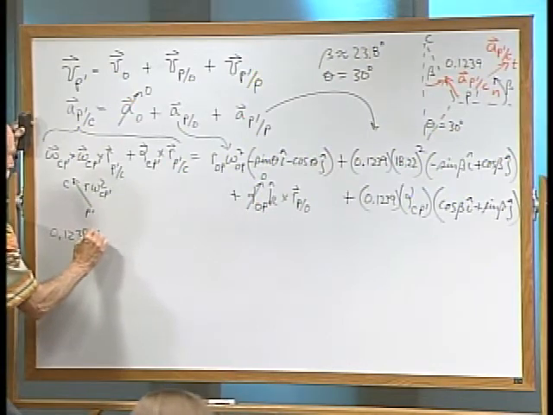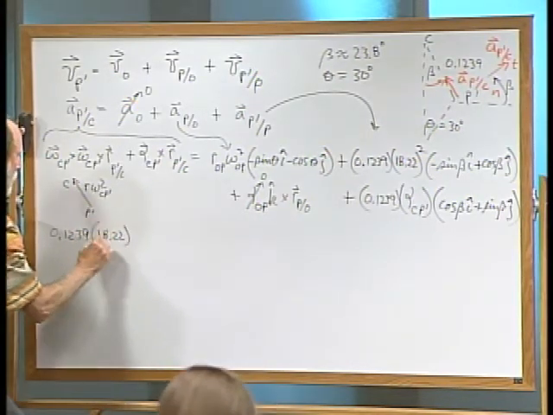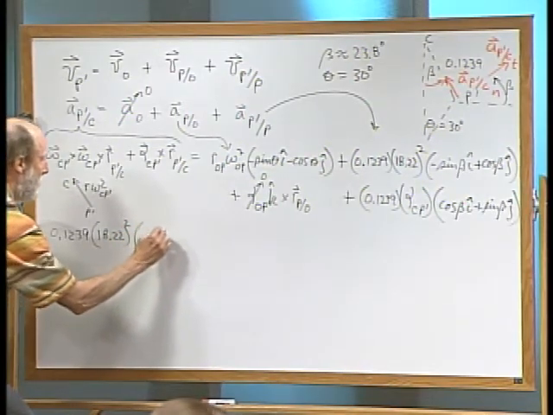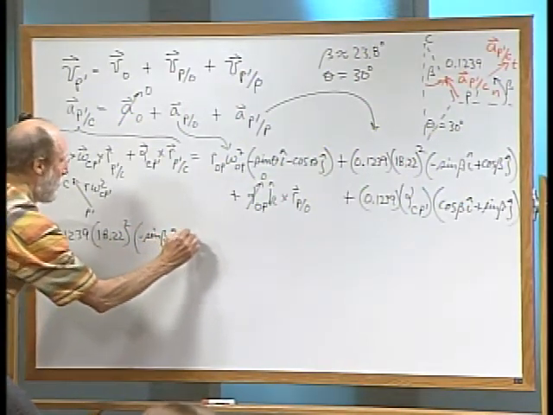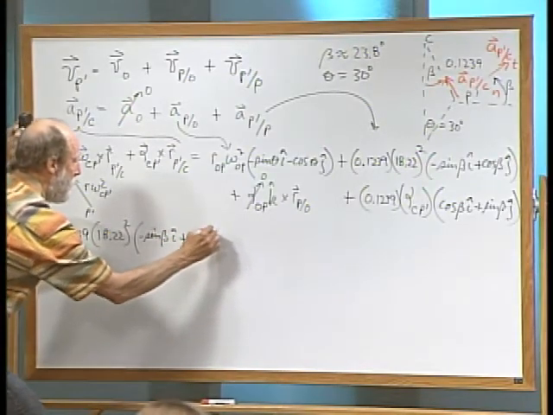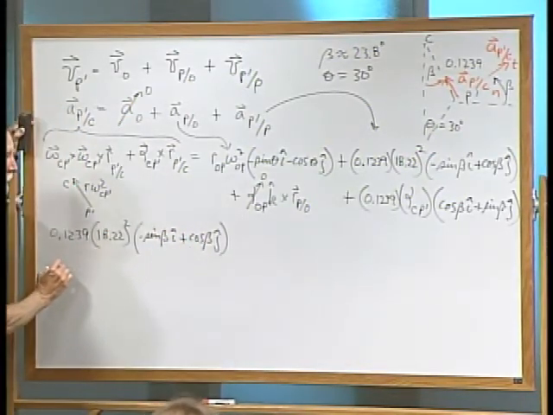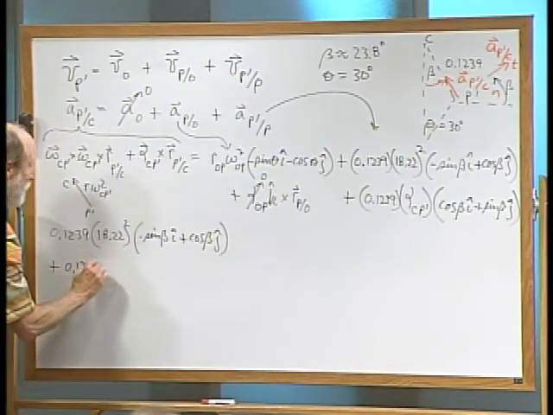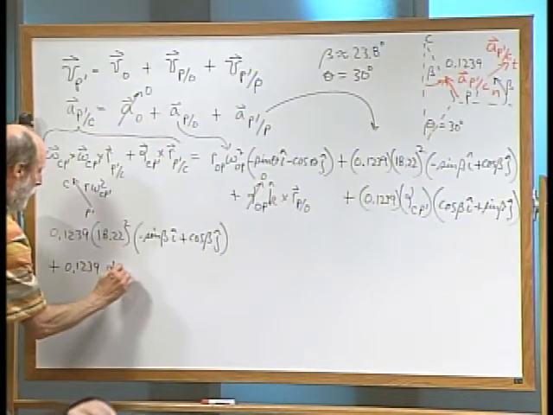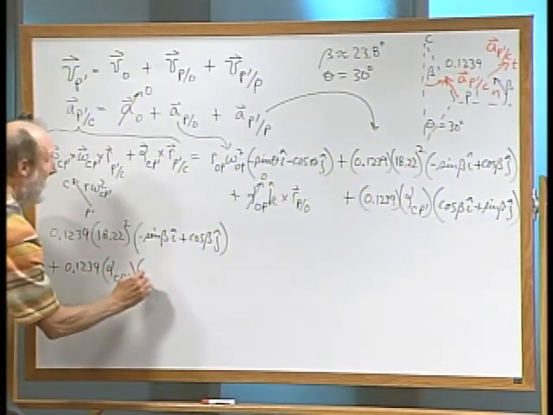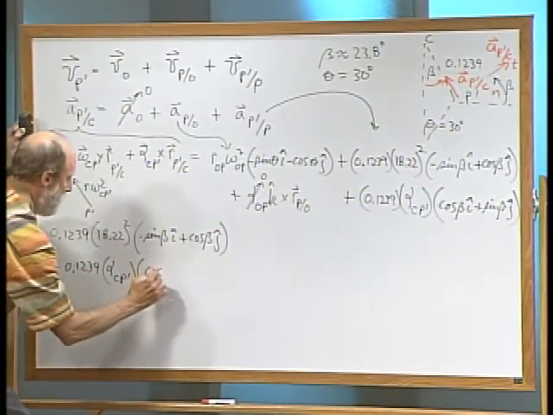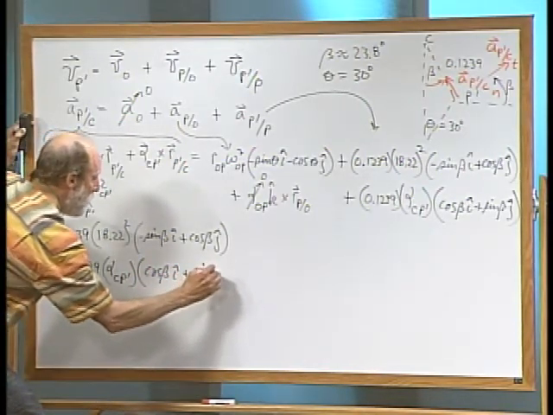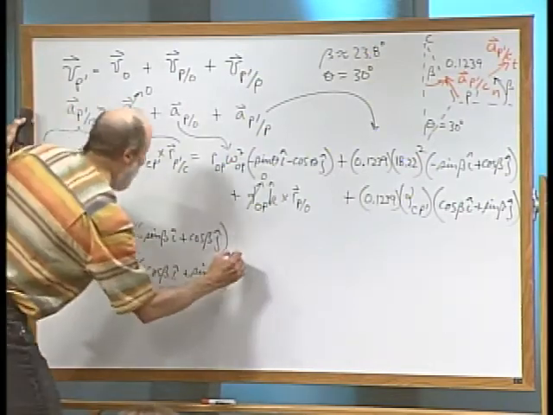So anyway, what we're going to get there is 0.1239 times the 18.22 squared. And then we have that vector tied onto it, minus sine beta i plus cos beta j. And then we add to it our alpha term, which is 0.1239 alpha CP prime times the unit vector cos beta i plus sine beta j. Okay, that's equal to